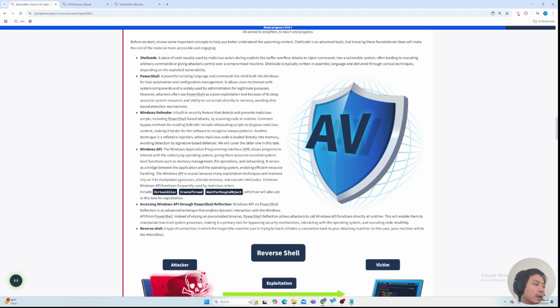Accessing Windows API through PowerShell reflection. This is an advanced technique that enables dynamic interaction with the Windows APIs from PowerShell. Instead of relying on precompiled binaries, PowerShell reflection allows attackers to call Windows API functions directly at runtime. So again,